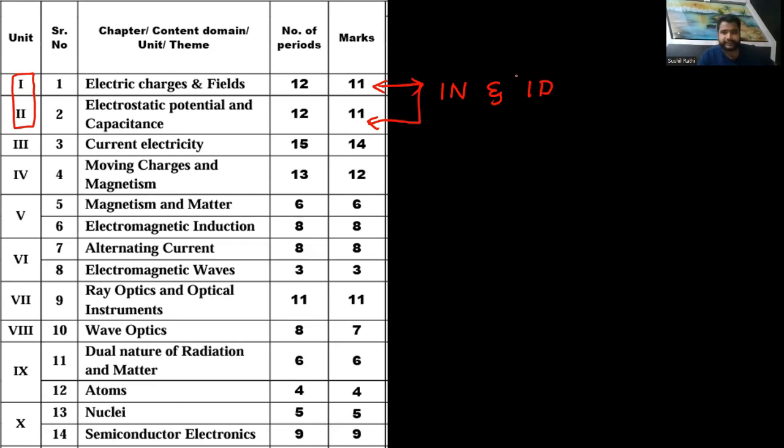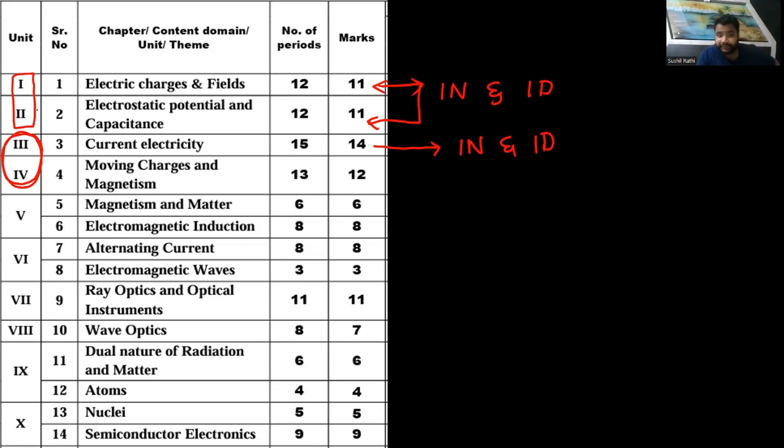So there are important derivations in that chapter. Can I say that 90% from this chapter, one numerical and one derivation might come. Next, very important, and I can surely put money here, one numerical and one derivation will surely come from current electricity. But now if you observe, the third and fourth unit again becomes a problem for us, because